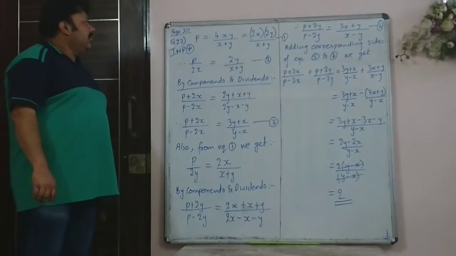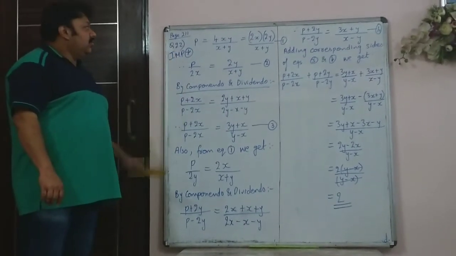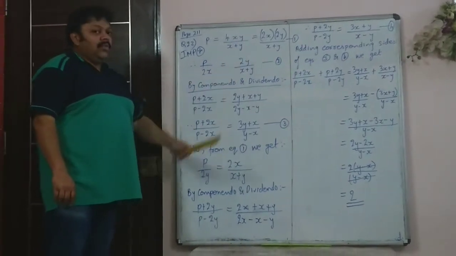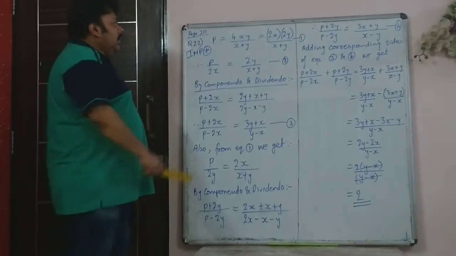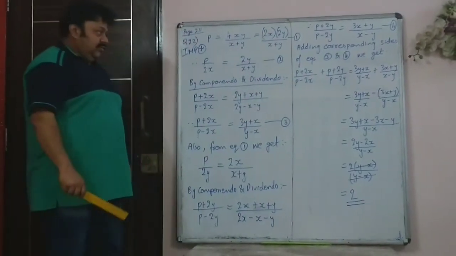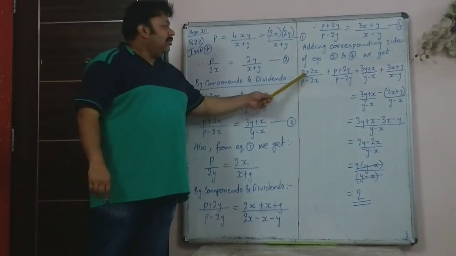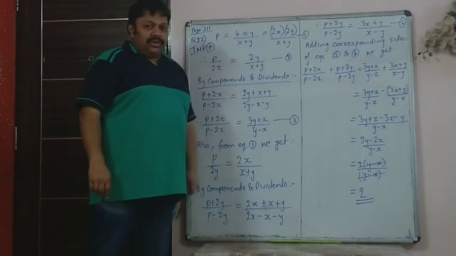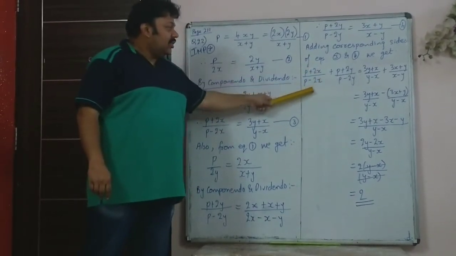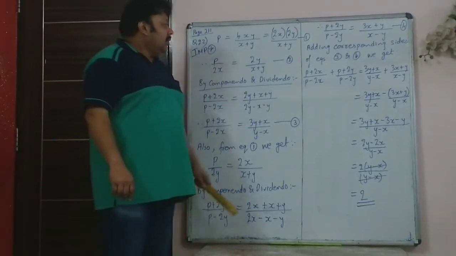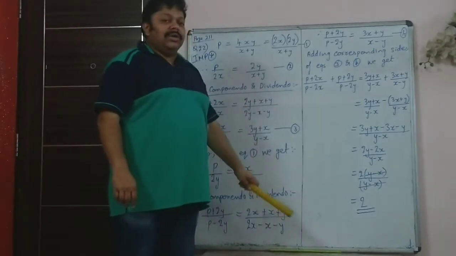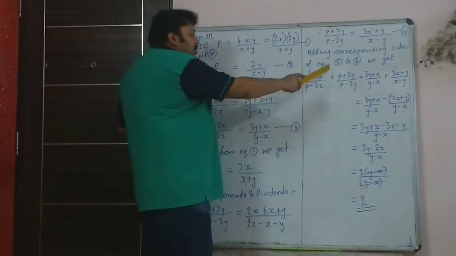This is question 22 on page 211. You are given p is equal to 4xy upon x plus y. Now see, you have to have a look at the result that you want finally. You need p plus 2x upon p minus 2x. So this is some operation after you did componendo and dividendo. And the second term that you require is p plus 2y upon p minus 2y, which again looks like a